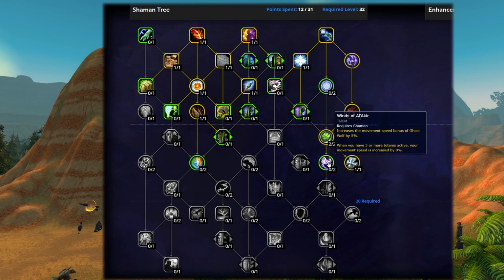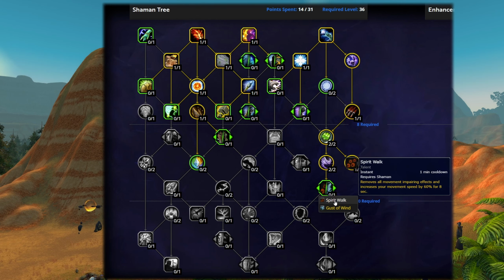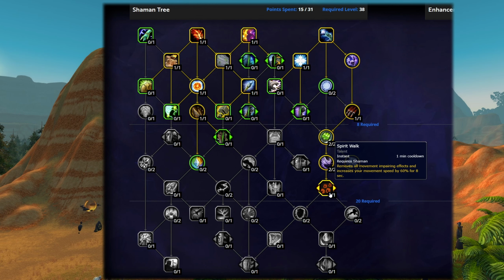And then next to that, we can take 2 points into Winds of Alakir just to get some bonus move speed for our Ghost Wolf ability. Below that, we can then put a point into Spirit Walk or Gust of Wind. I would say play around with both and figure out which one you like better. Personally, I like Spirit Walk and getting that burst of movement speed over 8 seconds